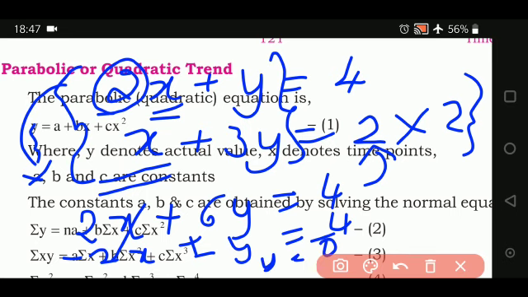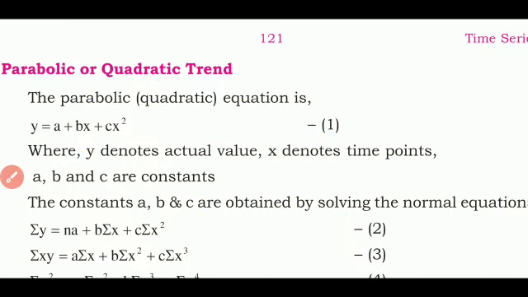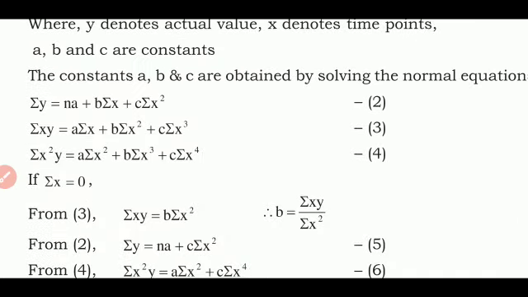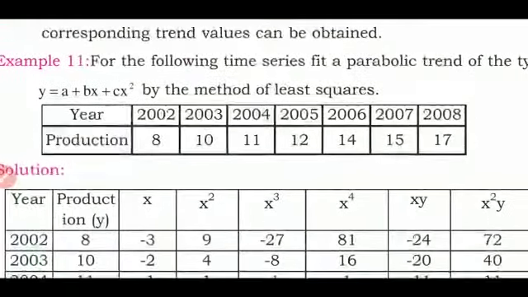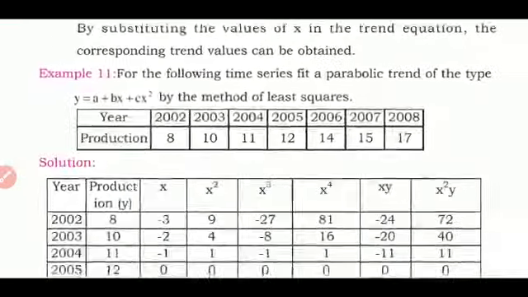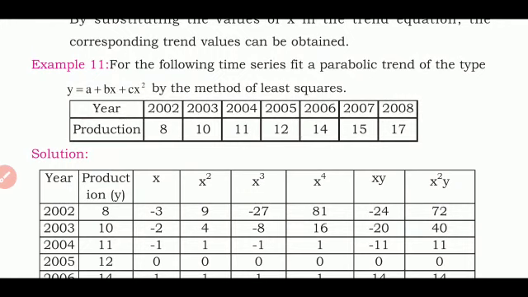When you get y is equal to 0, that value you put in any one of these equations and you get the value of x. I don't have enough space to explain, but again when y is equal to 0, you put that in the equation and get the value of x. That is how you solve a simultaneous equation. We will see how an example is being solved, and let us hope that you understand it. Now what's the example here?